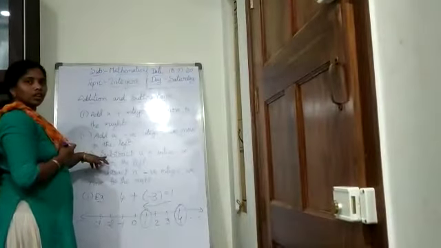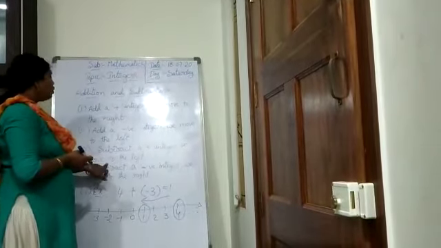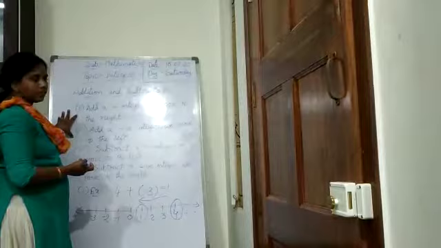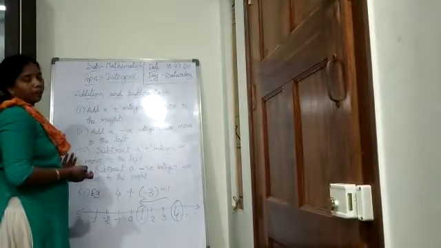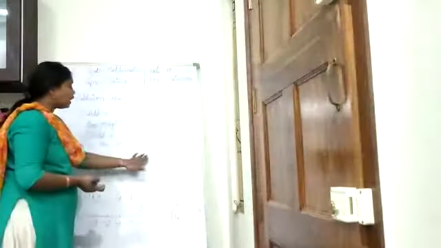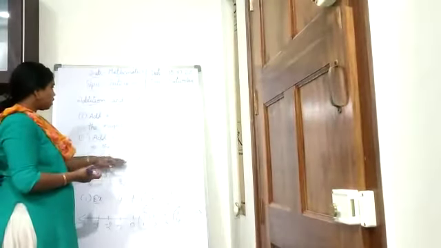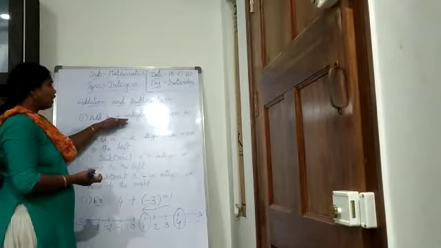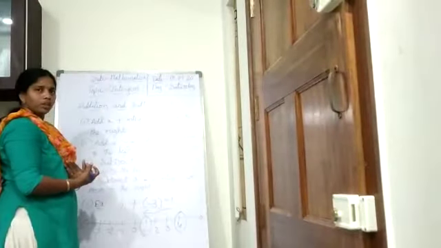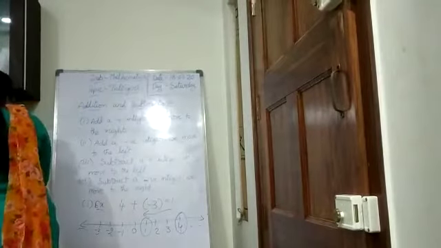See the third point. Subtract a positive integer: we move to the left. The first 2 points tell about addition, the next 2 points tell about subtraction. For any number, when we are subtracting a positive integer, we have to move to the left side. It is just the opposite. Addition of a positive integer means we move right; subtracting means we move left. We will see that with an example.